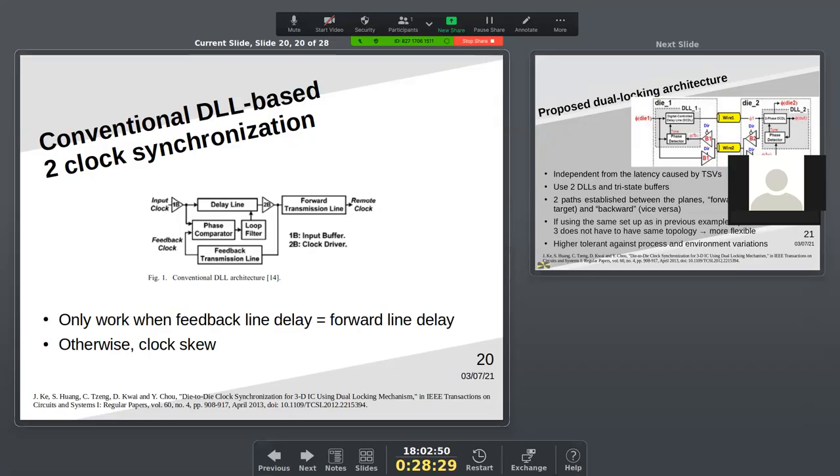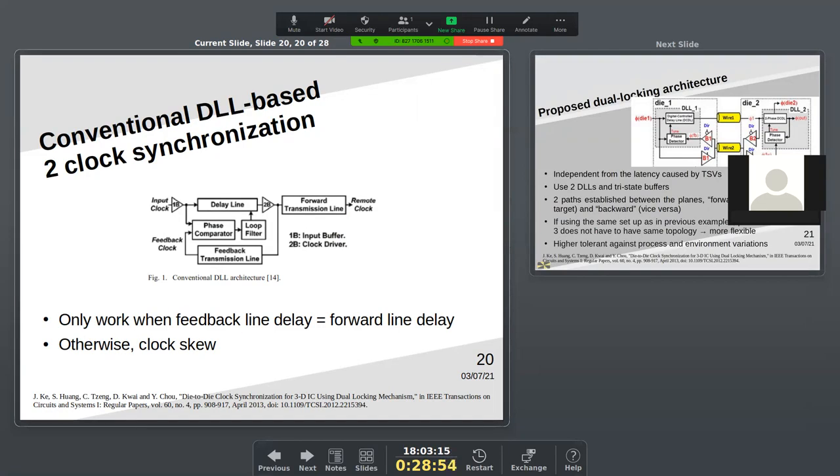So the clock signal on the different die is over here, and the clock signal that will be used for the source plane, source die will be here, and eventually from the remote, the receiver die, the clock signal will come back through this feedback clock